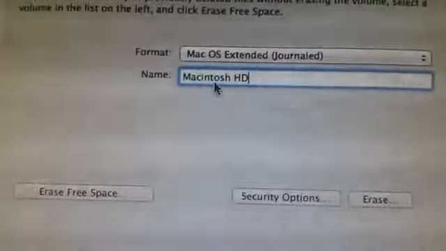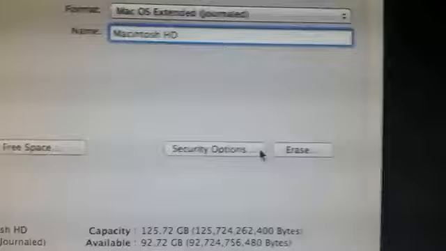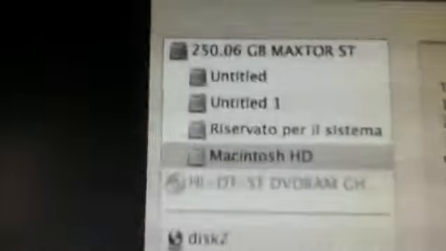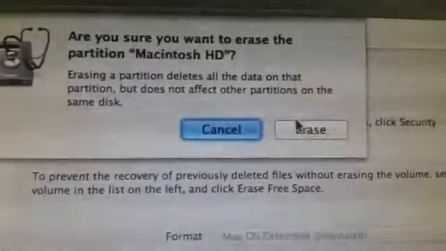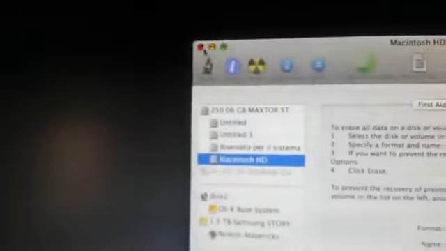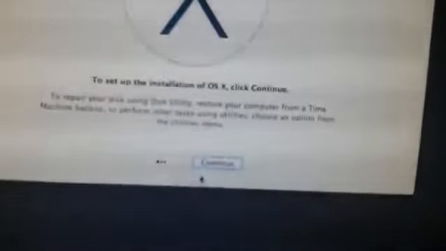I will name it as Macintosh HD, and then you just press on erase, making sure that you selected the partition that you want to erase. So click on erase, it will say you this, you click on erase and it will start the process. It will take, so okay. So now we can just exit from the disk utility. So click on continue,